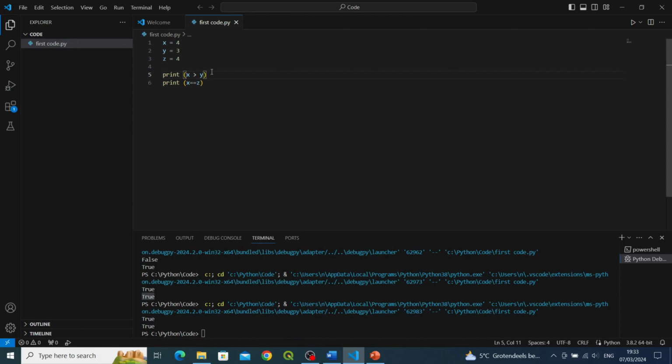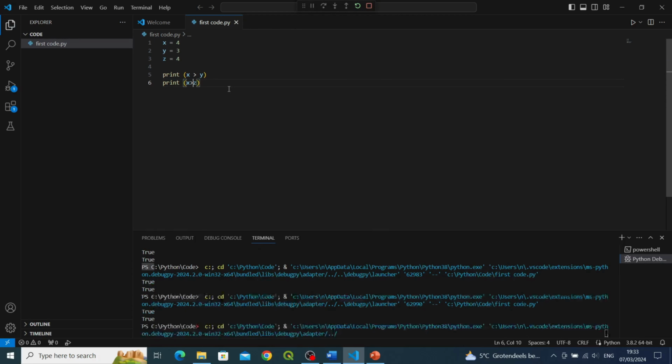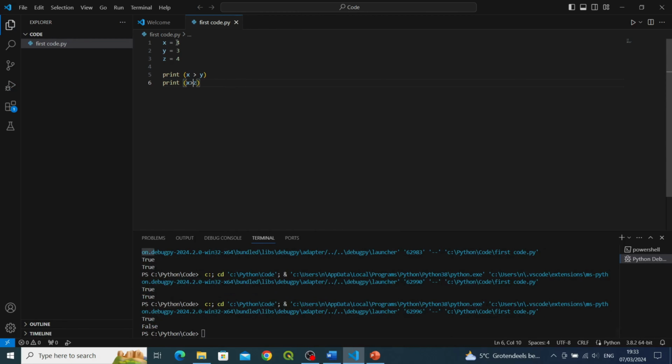That is true. Now for this one, let's say x is greater than or equal to z. So it says yes, x is greater than or equal to z. But if we remove this equal to sign and run the code, then it says false. X is not greater than z. These both are equal. So we have to put this sign if we are to compare them for greater than or equal to. So this is how you can make use of these